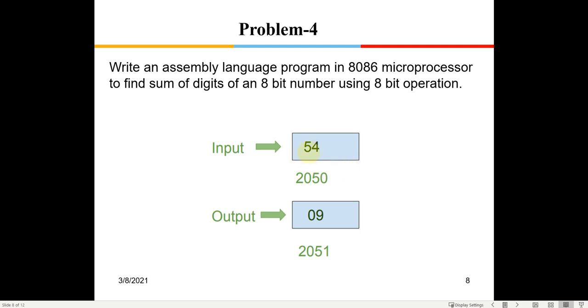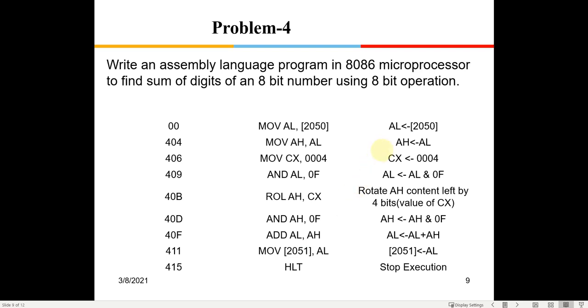If we rotate it 4 times, this 5 will come here. We learnt about the rotate operation in the class. If you rotate it, the MSB will come into the first position. If you rotate it 4 times, the 5 will come into the position of 4 and 4 will go into the other position. You can do either a left rotate 4 times or a right rotate 4 times, either way. So this data will get swapped. Once it is done, you again do an AND operation with 0F, so that the MSB nibble will get masked. Then you add 4 and 5, you will get 9. That is the logic behind what we are going to do now.